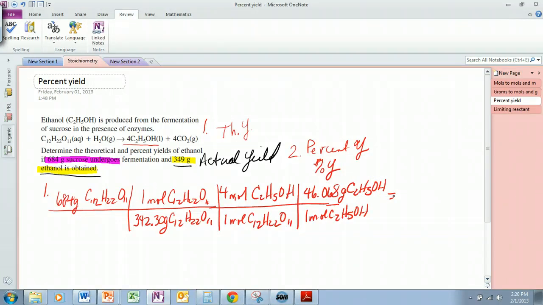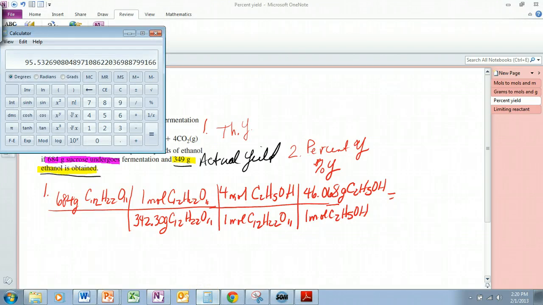Where's my calculator? There it is. So let's start our calculation. You don't have to clear this, but I just wanted to make it easy. So we're going to start with 684 grams. We're going to divide by 342.30. We're going to multiply that by 4, and we're going to multiply that by 46.068